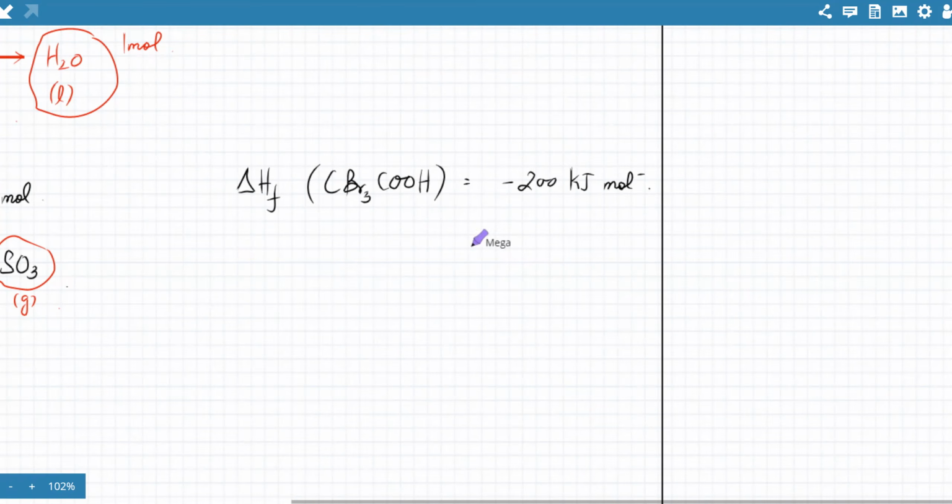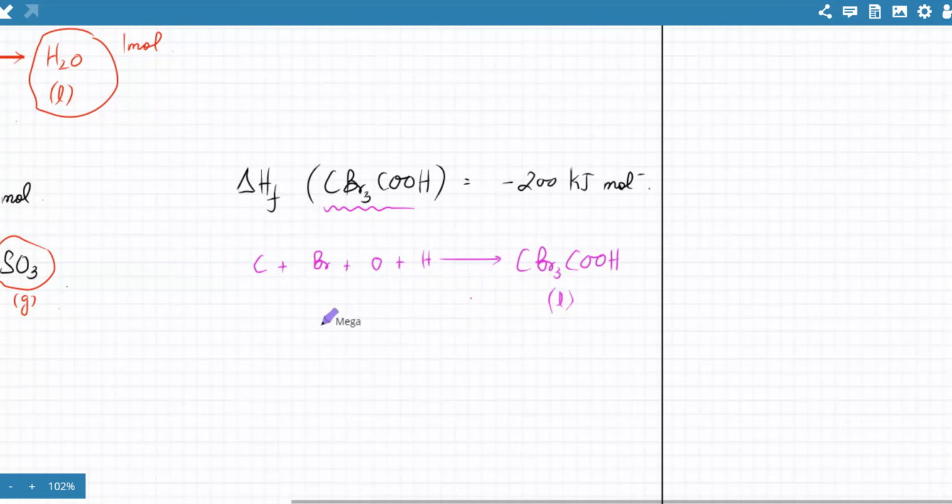Okay. So it's basically 1 mole of a substance must be formed. So you're trying to make CBr3COOH, and let's say, I'll just give you this, that this is a liquid. It should be formed from its elements. The elements are going to be carbon plus bromine plus oxygen plus hydrogen. And the elements have to be in their standard state. The states of each of the elements at room temperature: carbon would be a solid,